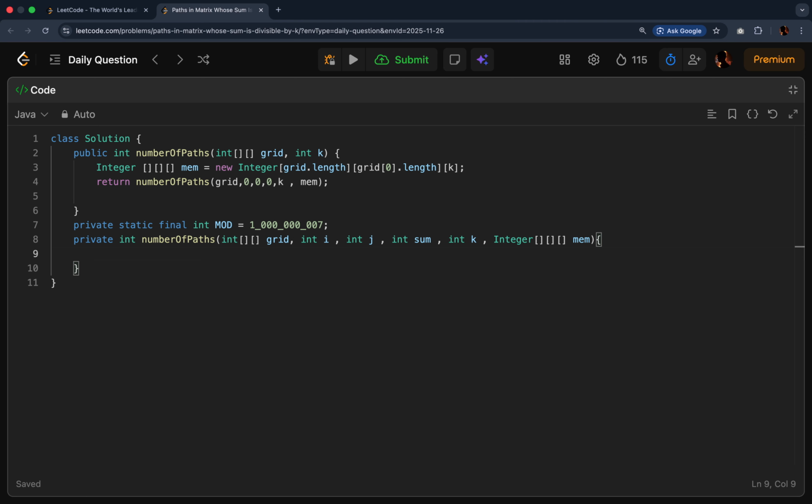Now curly braces inside. Now we are going to run a for loop, if statement. We are going to write an if statement. If i equals grid.length